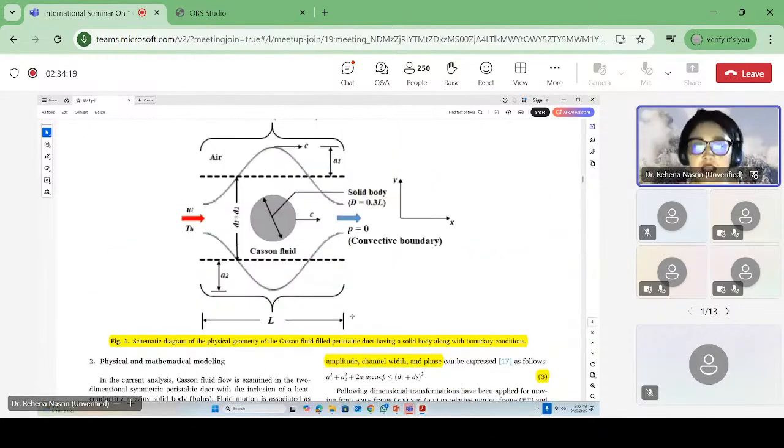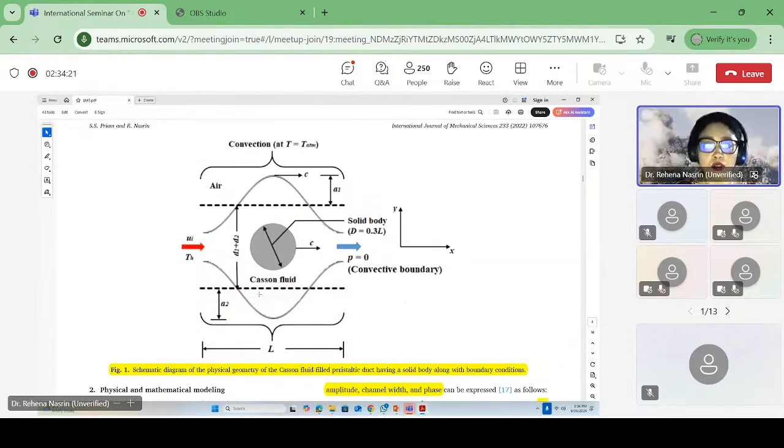So in this case, what is our geometry? We just consider our geometry as a horizontal view. This is the horizontal view, you see. So here fluid is passing, and this is the relaxation part when the bolus is here. When the bolus goes through this part, then this contraction part also becomes relaxed, and it will continue this system. So for reducing the time and cost